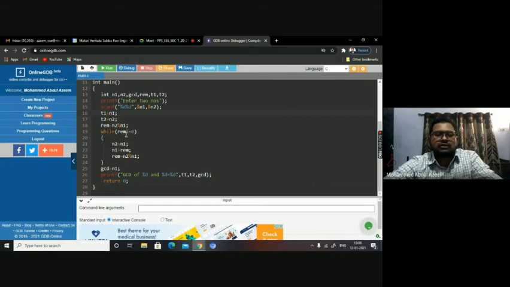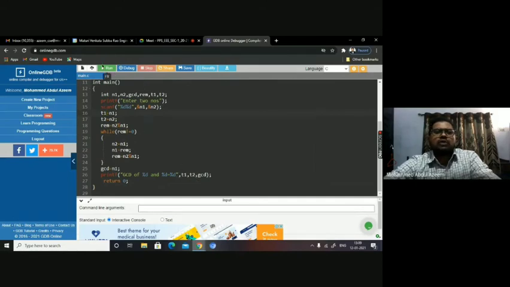When we go for the next operation, we assign the existing n1, that is the divisor, to be the dividend for the next operation, and the remainder of the current one should be assigned to the divisor. And we again go ahead with the operation in the next stage. How long? Until the remainder is 0. When the remainder is 0, you come out of the loop, you can find the GCD in n1, which I have assigned to GCD, and then we are printing the same.